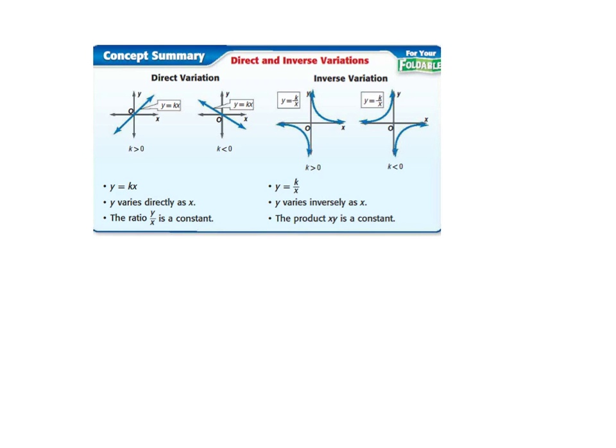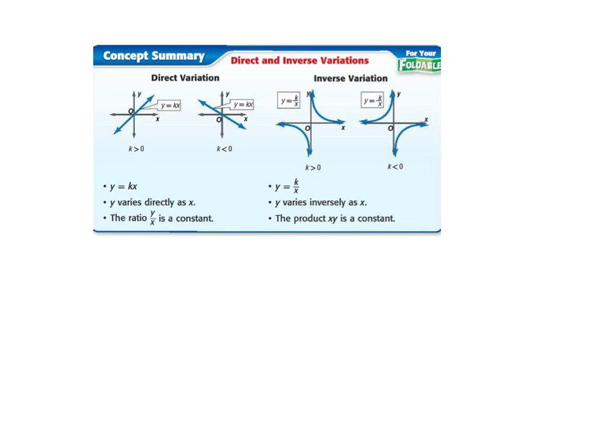So here's a little summary on direct and inverse variation. As you can see with direct variation, y equals k times x is the equation for that. Y varies directly as x, and the ratio y over x is a constant. As you look at the two graphs under direct variation, you notice that direct variation, as you already recall,